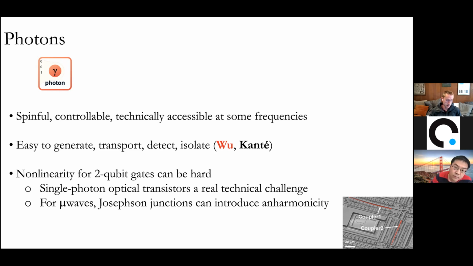Probably the first thing you would try, if you wanted to do something interesting in quantum mechanics with some element of that menu, is the photon. And photons are great. They have spin. They're easy to control. There are some frequencies where humans have gotten really good at controlling them, notably the near infrared and the microwave regime. We can generate these, we can transport them over very long distances, we can detect them with high efficiency, and they're very well isolated from everything else because of the linearity of